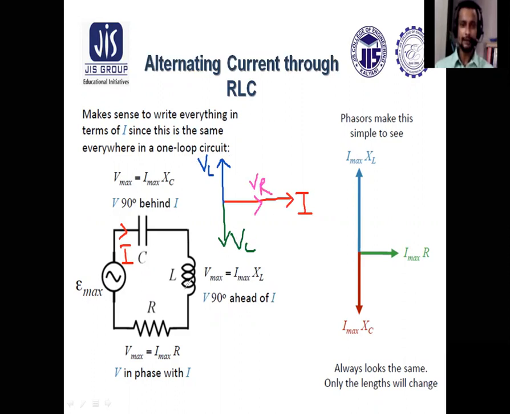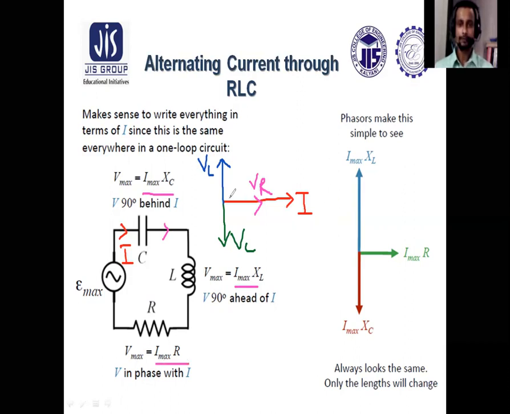So if we have an RLC series circuit, then the phasor diagram will look like this. I will be in this direction, VR will be in the same direction, VC will be lagging by 90 degrees, and VL will be leading by 90 degrees. Now, what is voltage across the capacitor? If Imax current is flowing through this path, then voltage is current into resistance. The resistance offered by a capacitor is XC, so voltage across the capacitor will be Imax XC. Voltage across the inductor will be Imax XL. Voltage across the resistor will be Imax R.